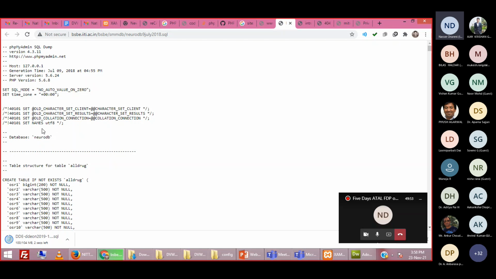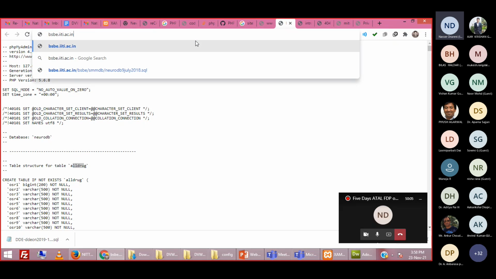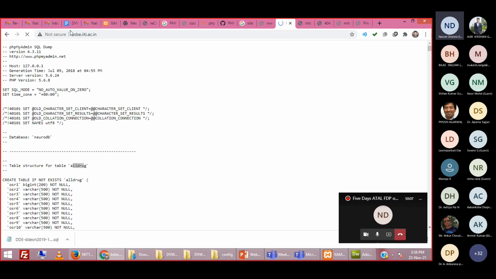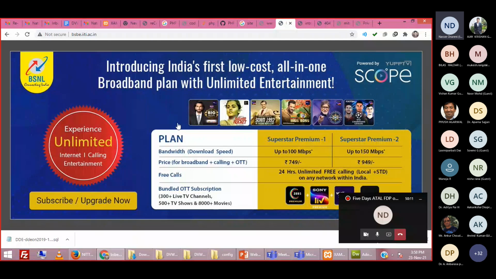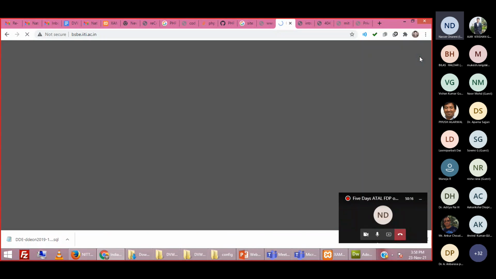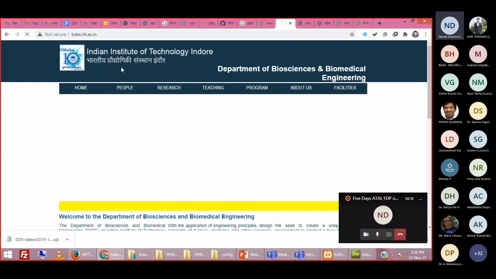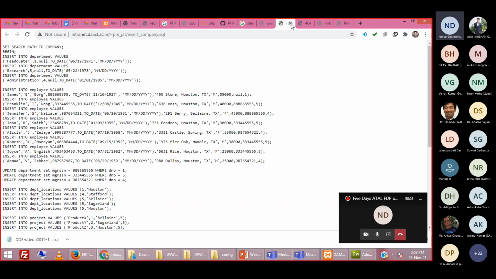So this is also giving the database name. It is very sensitive. It is giving your database name and your table names. It is very important information. And which website, which organization has kept this backup file? Let us check. This is a very reputed website, isbe.iit Indore. This is IIT Indore who has kept this file, right? So you can see this much prestigious organization has kept this file.